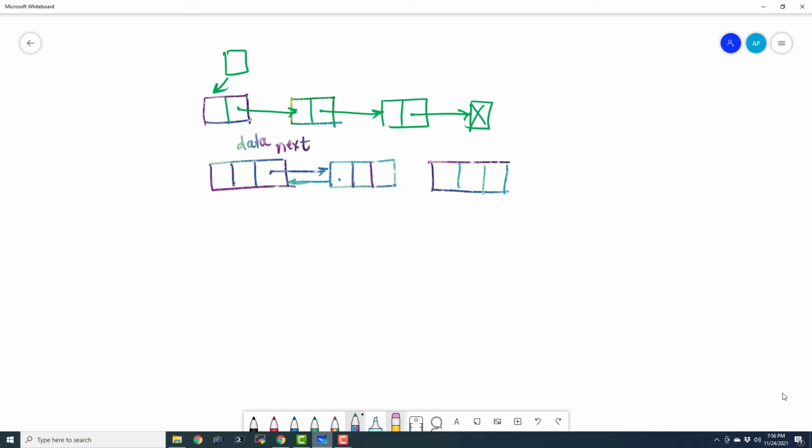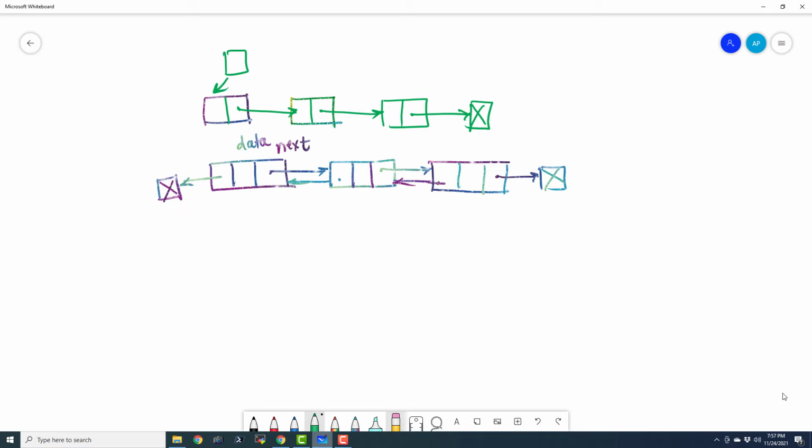If you are the starting node, the previous part will point to a null value, or a None value in Python. And if you are the last node, the next part will be None. The rest of the nodes will be connected like the arrangement I have shown in this figure. Now we can perform a lot of operations on this doubly linked list, and let us see a few sample operations.